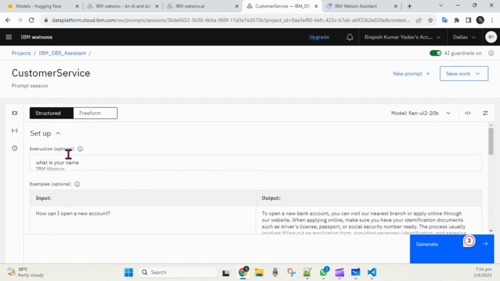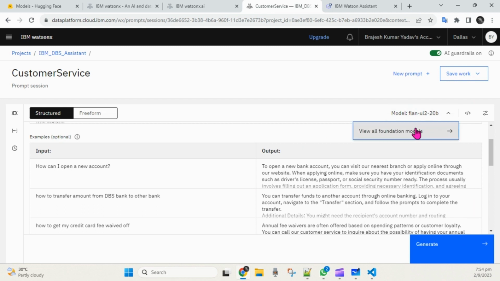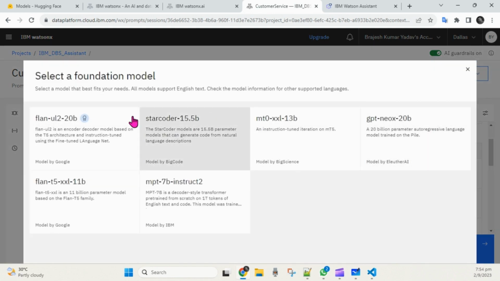Okay, and after the instruction, you can see the example here, right? This example is basically where we train our model, and we are using right now, you can see here in the model section drop down, we are using this flan-ul2-20b model. So 20b is basically indicating a 20 billion parameter model here. Okay, so right now,